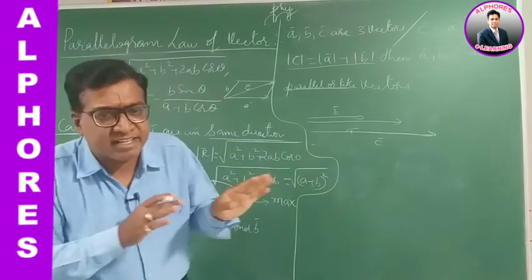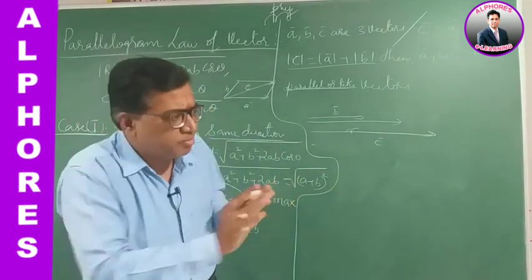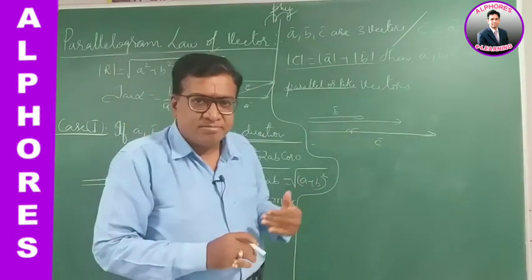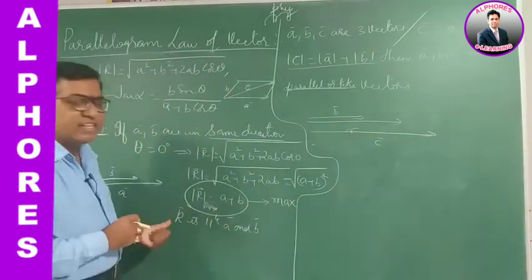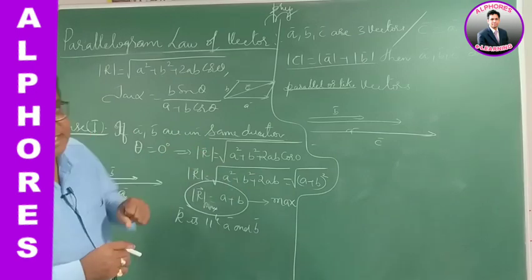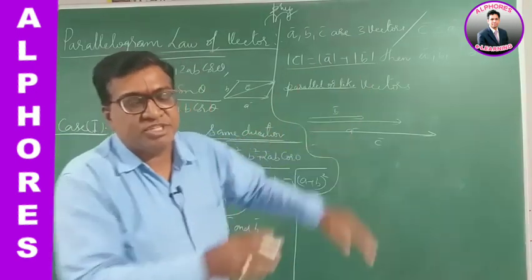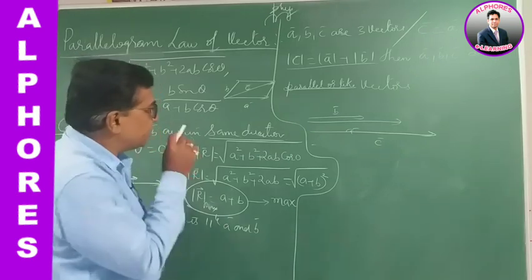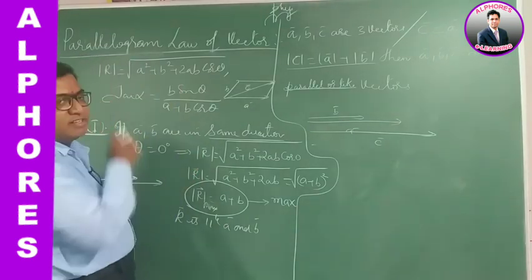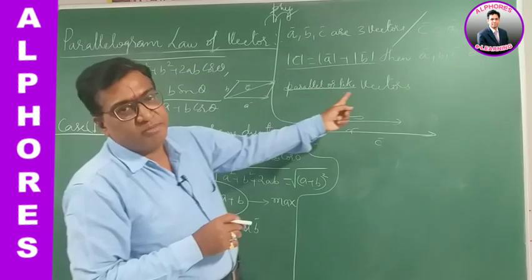If two forces are acting in the same direction, they both add up. 3 plus 4, the total force will be 7. So when they are in the same direction, the resultant is maximum. You get the highest resultant, and the resultant is also in the direction of the individual vectors. It is a special case for the resultant of vectors, and this is a beautiful problem given based on that.